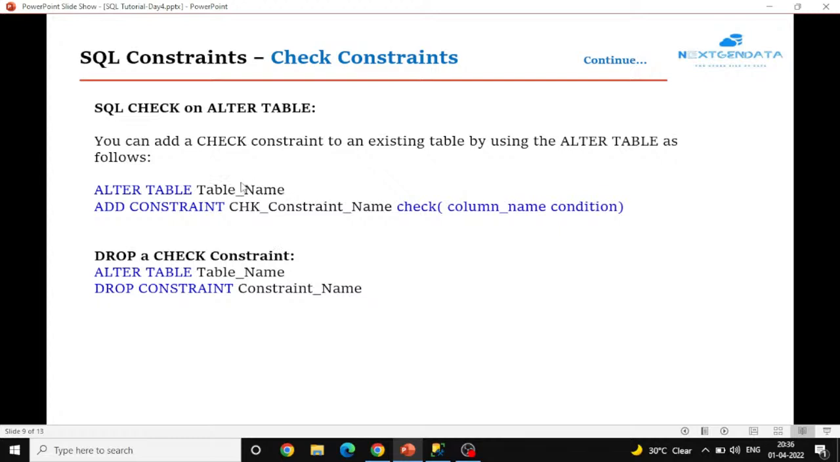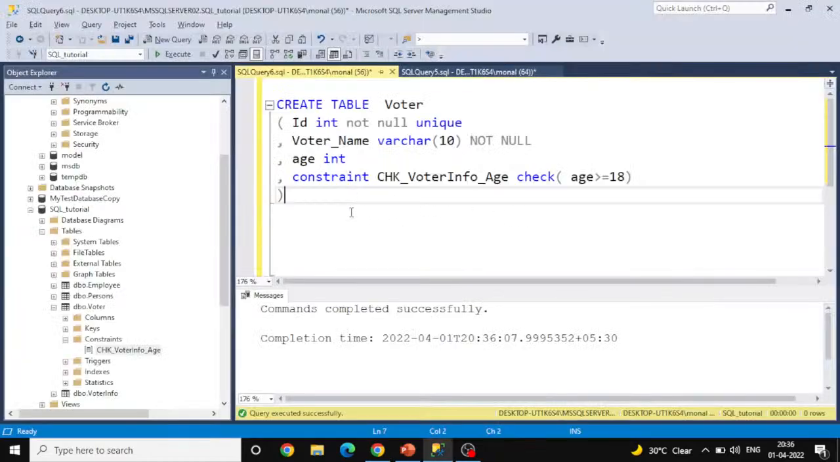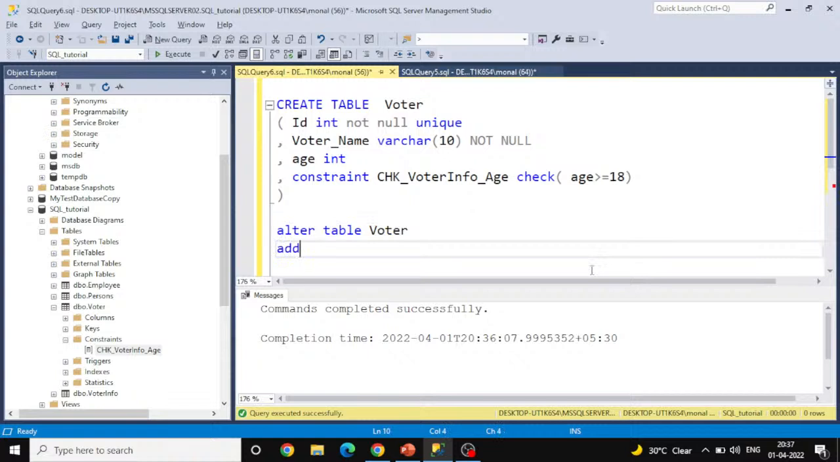Then, if you want to add a constraint on an existing table, you can use this syntax: alter table name, then add constraint, and you can specify the constraint name and then the condition. So what I will do, I will add here one more column called date of birth. So alter table voter, then add column date of birth, dob date, and